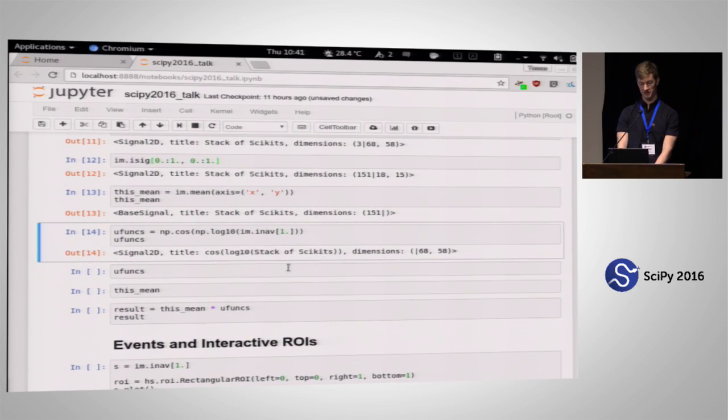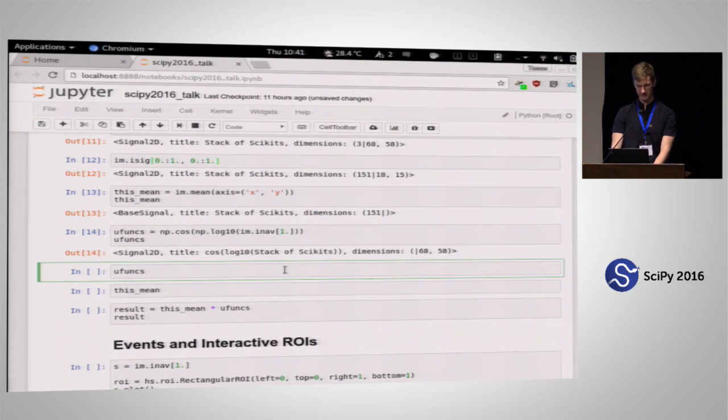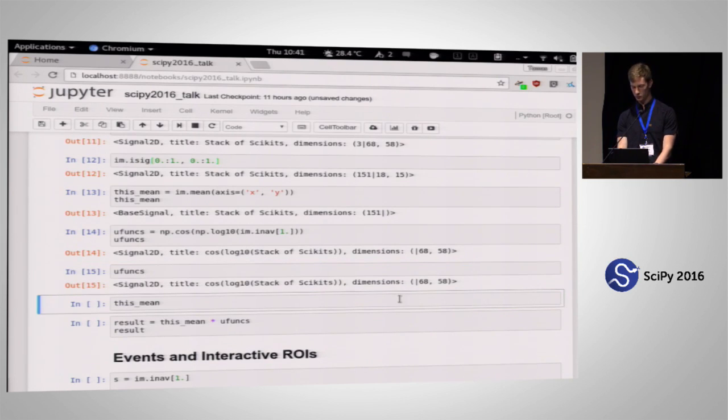That's very useful, apparently. I just recently discovered that. And we also have broadcasting. But again, since the two spaces are separated, it works separately in navigation space and in signal space. So if I have a signal that's purely in signal space, this data set, for example, there are no dimensions